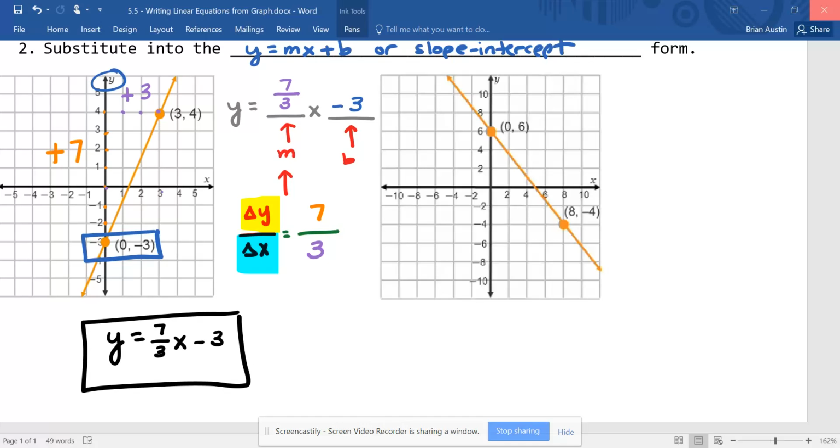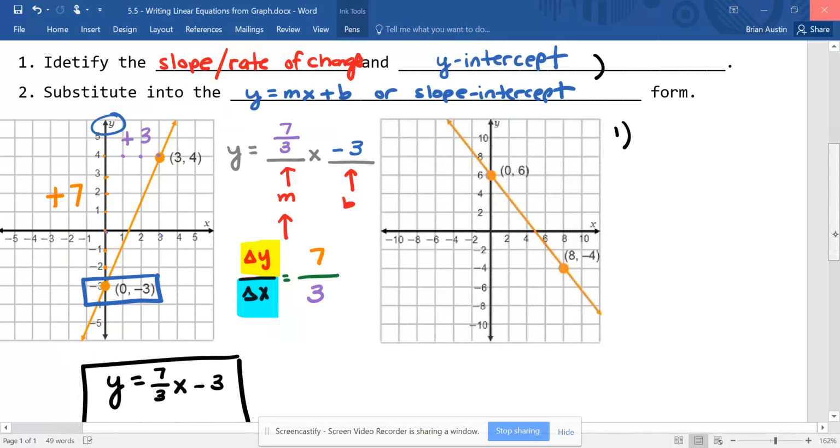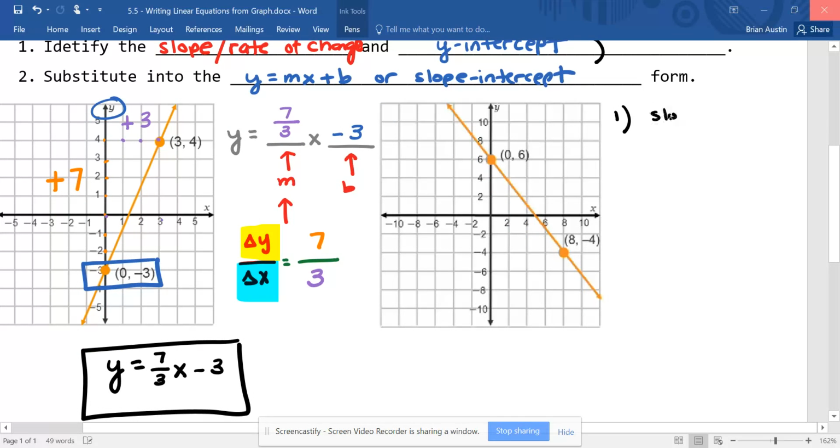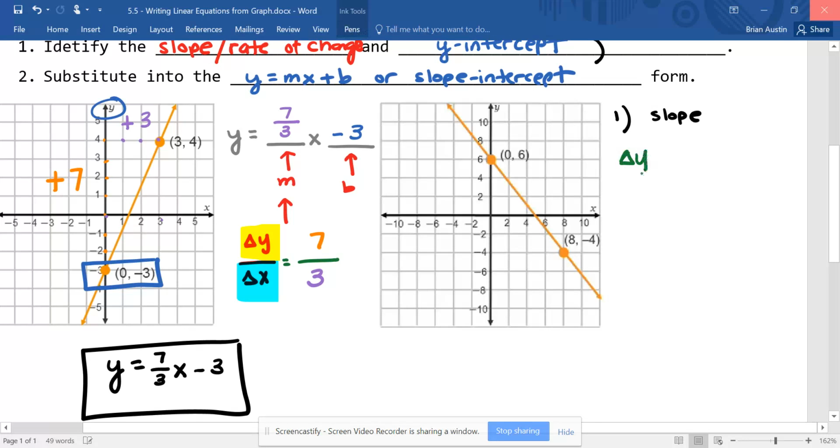Okay, so for this one, we're going to do the same thing. Step 1, we're going to identify the slope. Okay, so that is going to be our change in y over our change in x. Now, looking at the overall picture here, we can see that this linear function is slanting down from left to right. So at the end, we should know that it is going to be a negative slope or negative rate